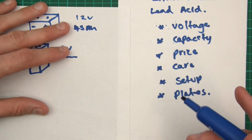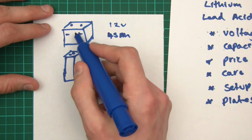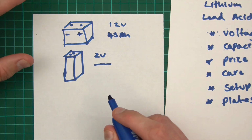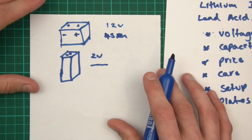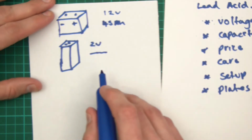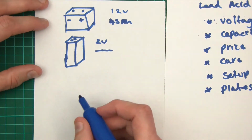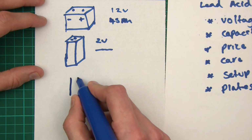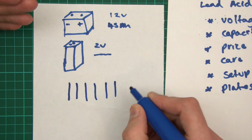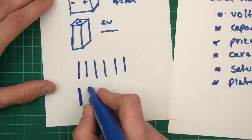Now, setup, and in fact, no, I'll go to plates first before setup. So plates. Inside this 12-volt battery, you have a lot of plates, and for solar, people recommend deep cycle batteries. Basically, inside this thing, you have 6 thick-ish plates. And in a car battery, they might be like that, 4, 5, 6 thick-ish plates like that. And now, in a deep cycle battery, the plates will be more like that,